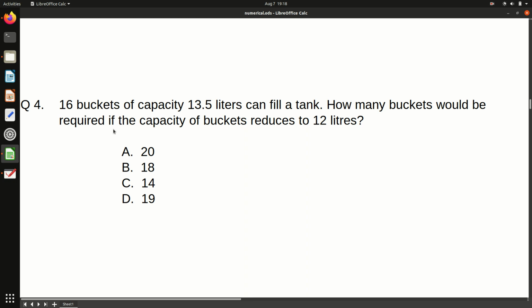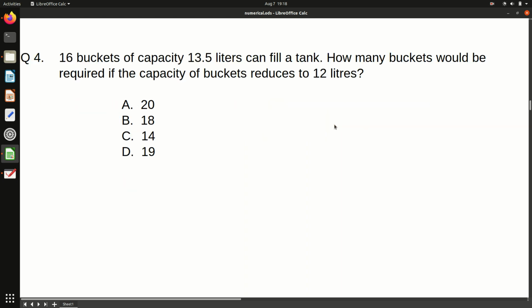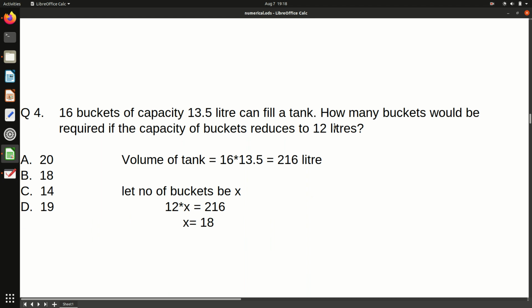So it is given that 16 buckets of capacity 13.5 liters can fill a tank. How many buckets would be required if the capacity of buckets reduces to 12 liters? Now see, it is saying that 16 buckets, each with capacity 13.5 liters, can fill a tank. So we can easily calculate the volume of the tank. There are 16 buckets and each bucket has capacity 13.5. So 13.5 plus 13.5 up to 16 times. So 16 into 13.5 will be 216 liters. It means this tank has capacity of